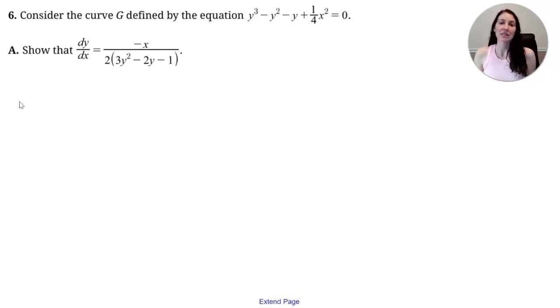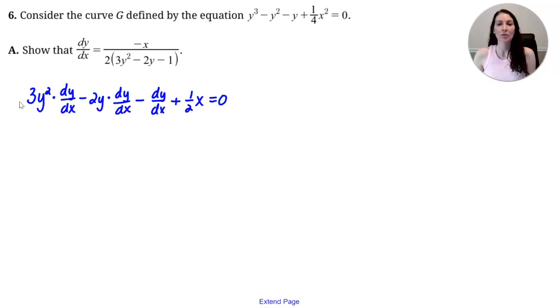So the first thing I would do is take the derivative of each term implicitly. The derivative of y cubed is 3y squared dy/dx, minus the derivative of y squared, which is 2y times dy/dx. The derivative of minus y is minus dy/dx. And then the derivative of 1/4 x squared would be 1/2 x by using the power rule,